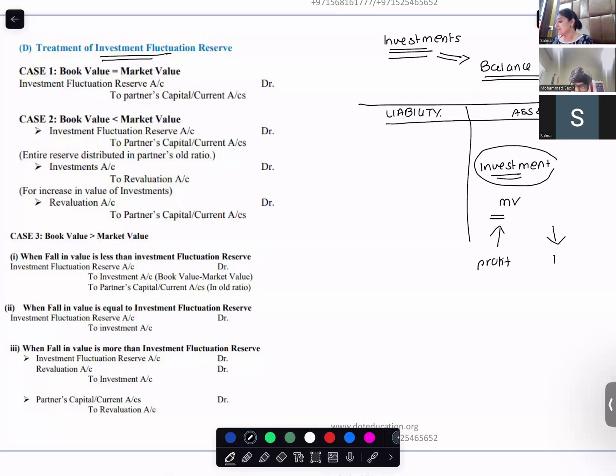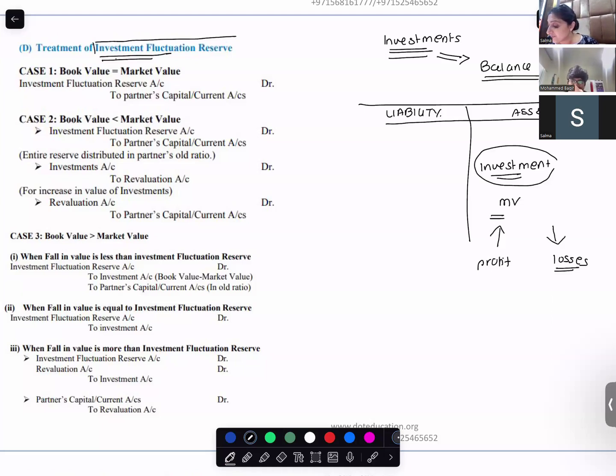If the value of investments is decreasing, then you will have a loss. This loss has to be recovered from your reserves. When there is a fall in the value of investments, you would take the profits that you have kept aside in a reserve called the